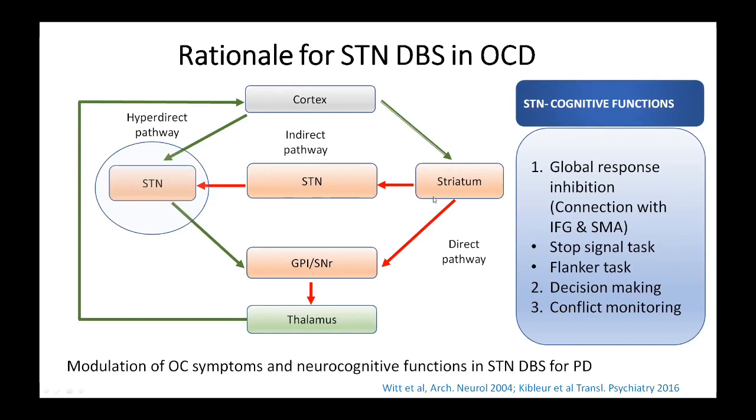One is the direct pathway, second is the indirect pathway, and third is the hyperdirect pathway. We need not go into the details, but generally the direct pathway is considered to be stimulatory. That is, increased activity in this pathway increases the activity in the cortex. The indirect pathway and hyperdirect pathway are inhibitory in nature, and both the indirect pathway and the hyperdirect pathway pass